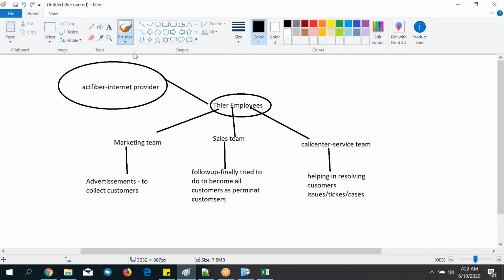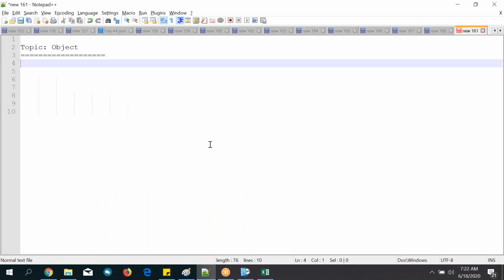So think about this one. This is Active Fiber, and in this Active Fiber, what are they selling? They are selling internet. So you can see here, internet means how are they selling.